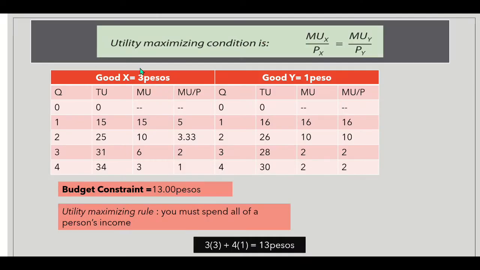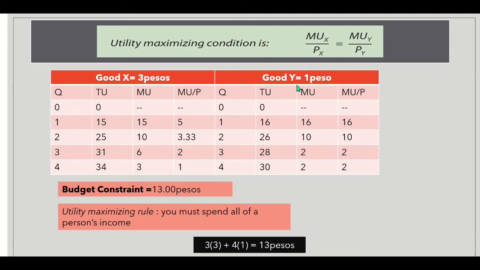If you are looking at consuming two goods at one time, you use the formula here: the marginal utility per peso of X needs to equal the marginal utility per peso of Y. So when you have these ratios equaling one another, that will maximize the personal satisfaction of a person consuming the good or the product. So when you are confronted with this kind of problem, you will be given the prices